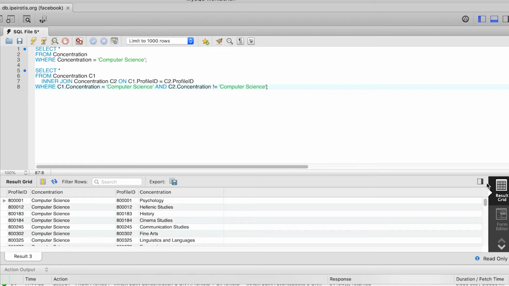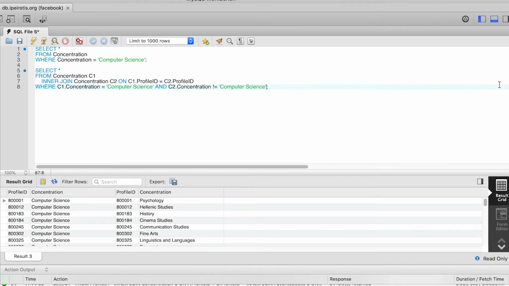Next student is concentrating in computer science and Hellenic studies. And notice that these columns are effectively different lines from the concentration table. So effectively the self-join brings two lines of the same table side by side as long as they share the same profile ID. Remember, that was our join condition. So what we do next is we filter with where and keep only the line combinations that we want.